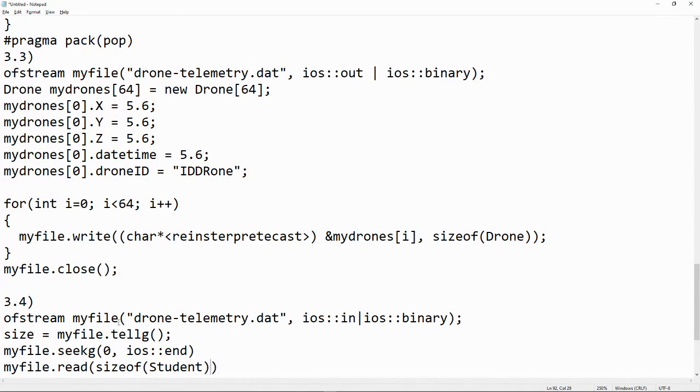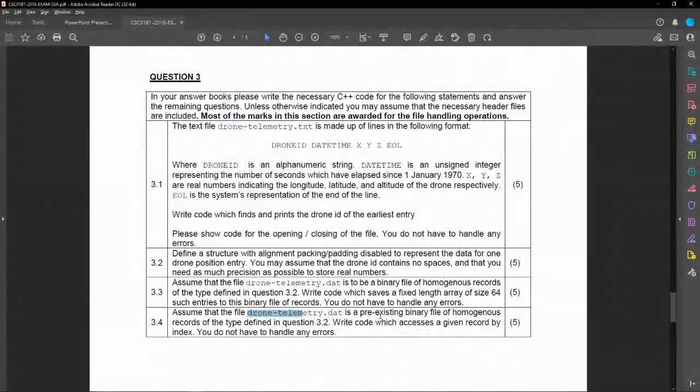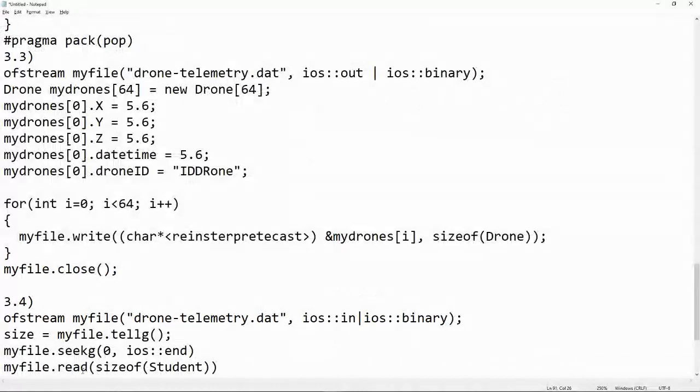So you read this and then you put it in. But we are trying to read how many students. Oh, actually, we are trying to read one record, so you just have to